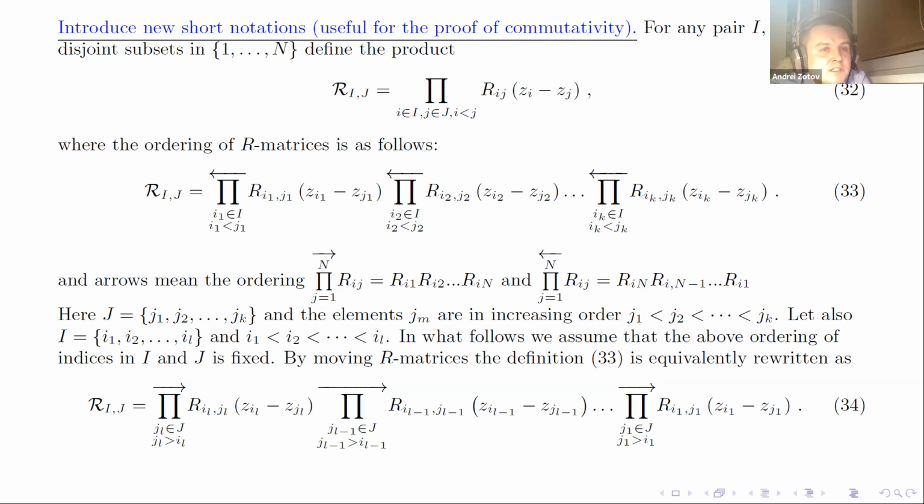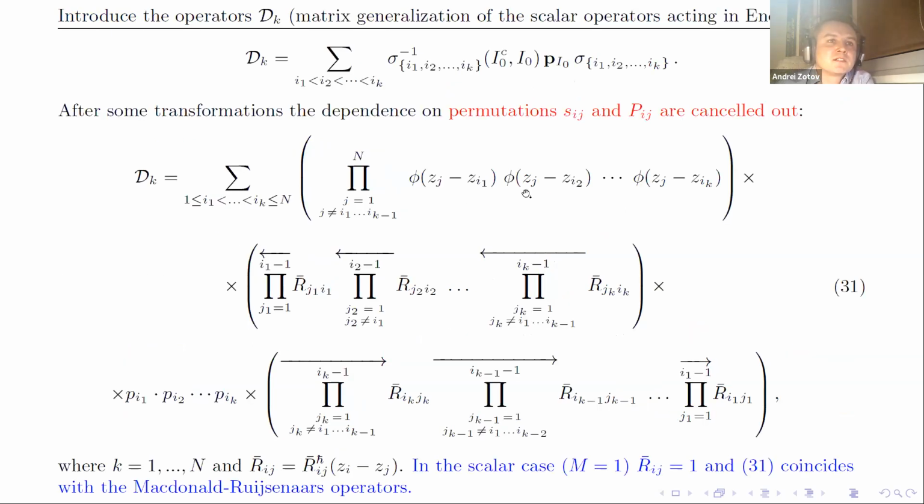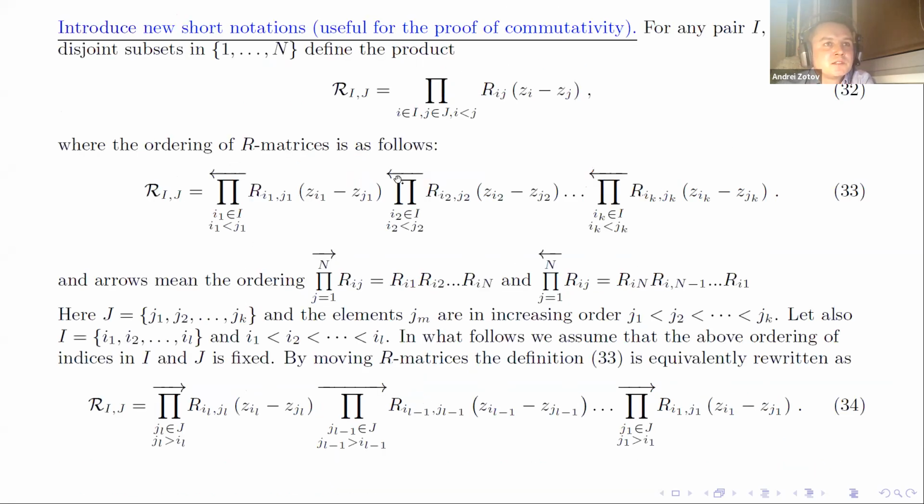In order to prove commutativity of such operators, I emphasize that this is just a result of construction. So the expressions which we obtained, they do not commute, or at least it doesn't follow from this construction. This is just a way to construct, and on the next step you need to prove their commutativity. And in order to do it, we may use